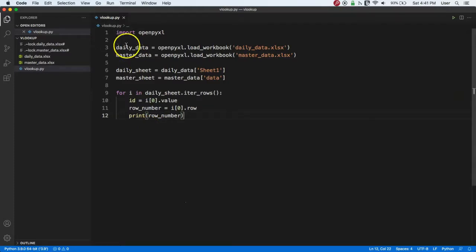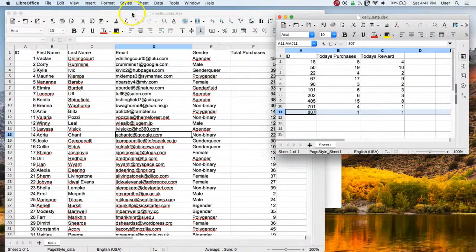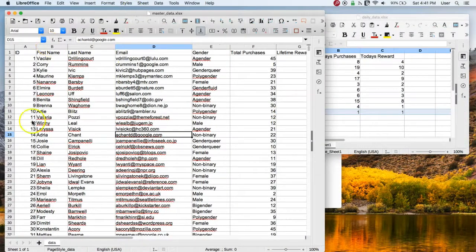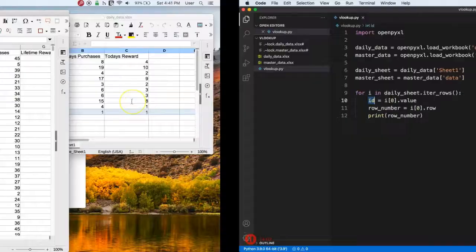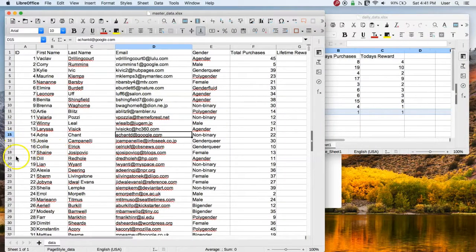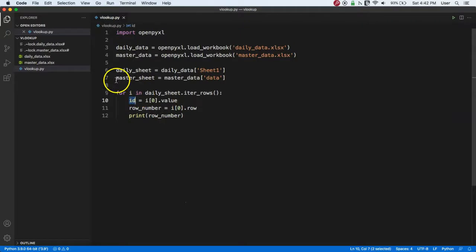Now, since we have the IDs here, what I want to do is iterate over this master data and look for the row where this ID matches, and then grab the data. To do that, we need to create another for loop inside this daily sheet for loop. We can do that simply using for this time. Let's use a different variable since we already used i. So I'll use j. For j in